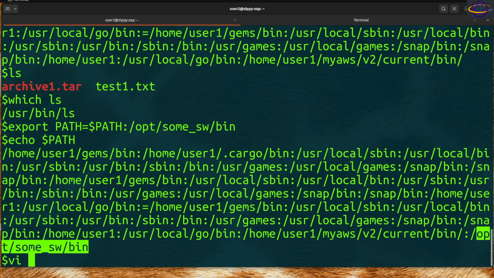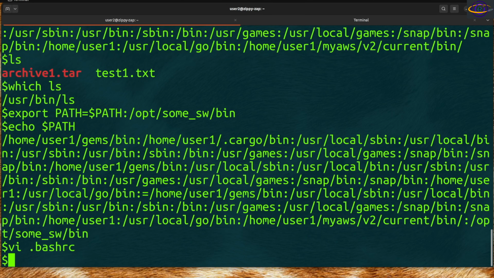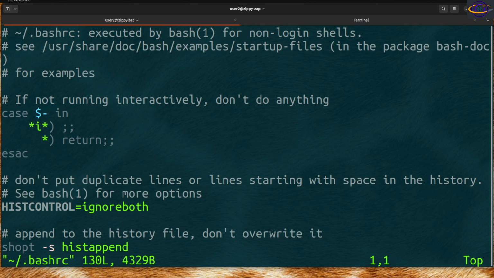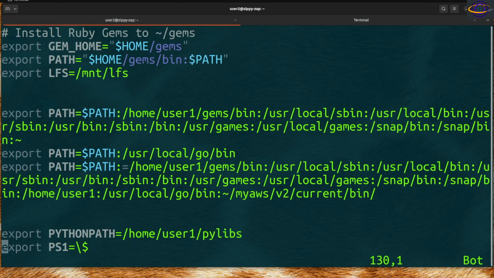Now, vi .bashrc, oops, in your home directory, your bashrc file. So your path is initialized from there. If you want to permanently update your path, you're going to edit this file. Jump to the bottom here,